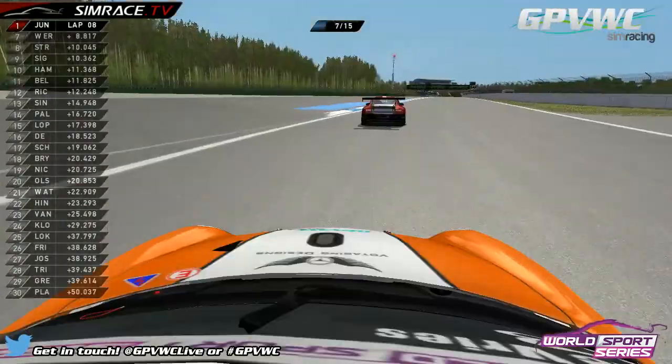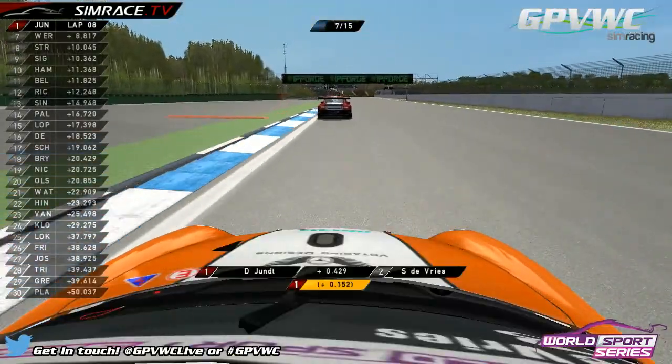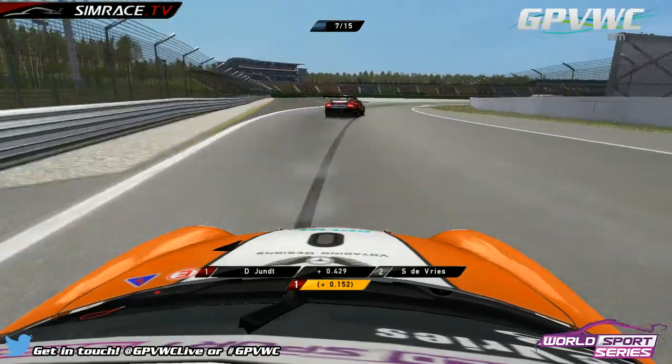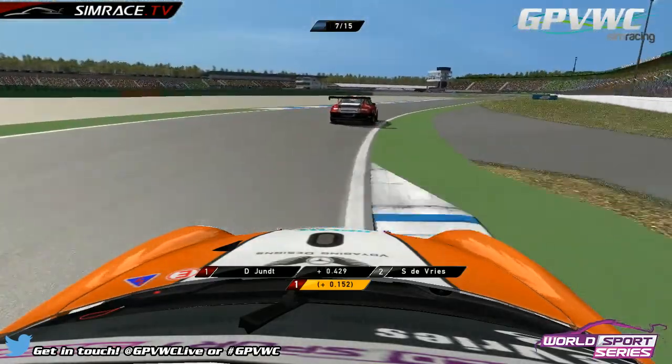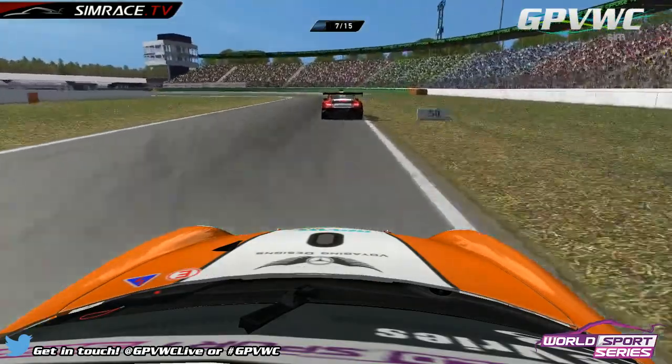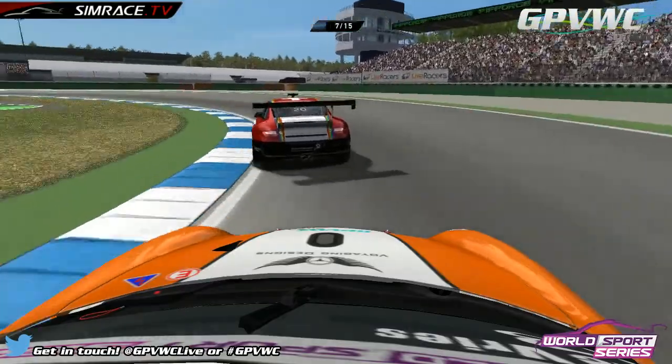Junt trying his damned hardest to keep up here, but he's under heavy pressure here on lap 9 of 15. Got to think it's only a matter of time before De Vries does something. Meanwhile, I tell you what, Cameron Brewster still might be with...